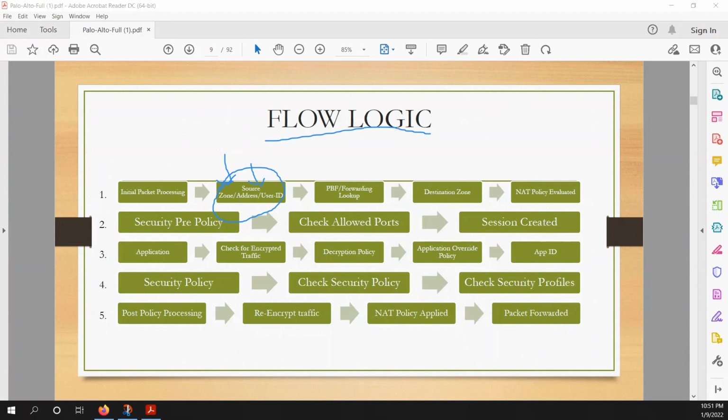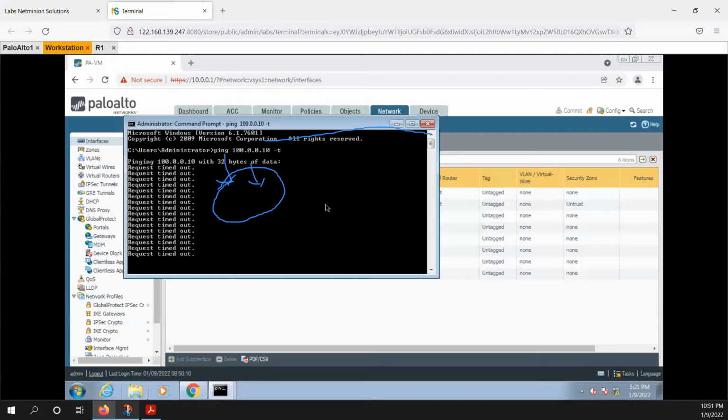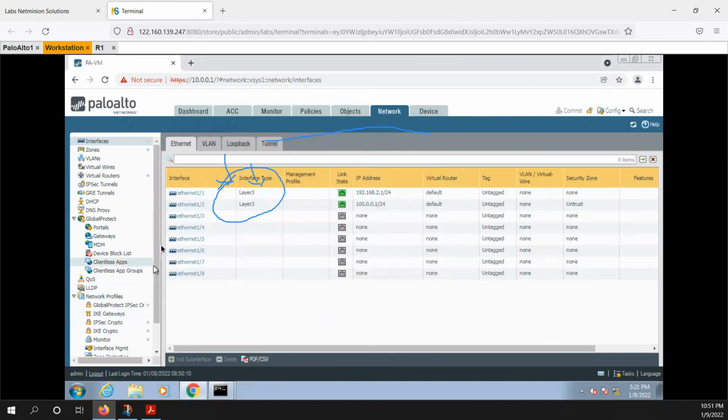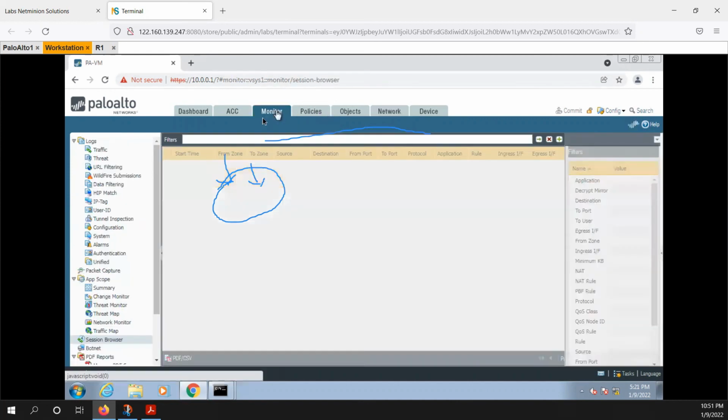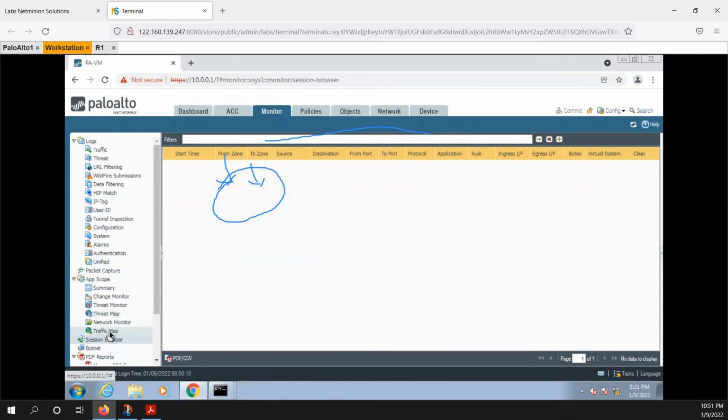Yeah, please go ahead. Amar, I have one question. Can you go back to the Palo Alto session again? Sure. The firewall, yeah. It will be very quick. The session has gone now. Oh yeah, no worries. Can you go to the monitor as well? Yeah, monitor. And in the log, can you click the traffic on the top? The second, yeah, the traffic one.